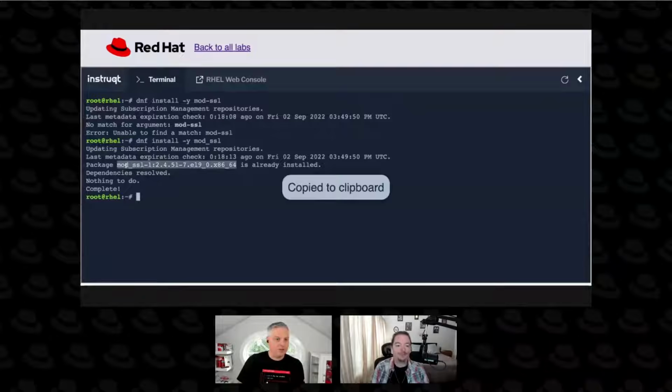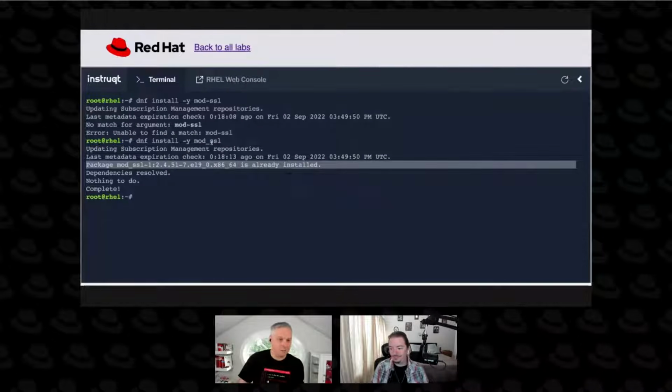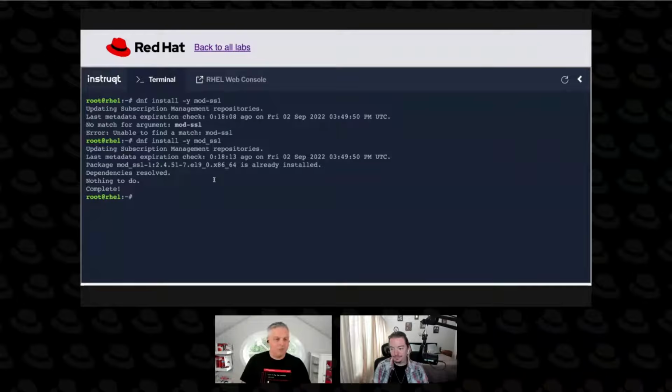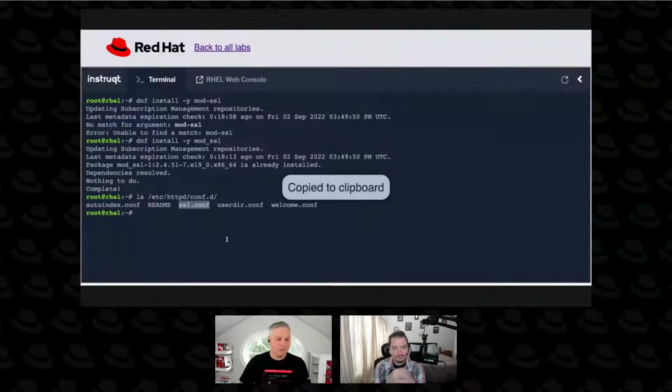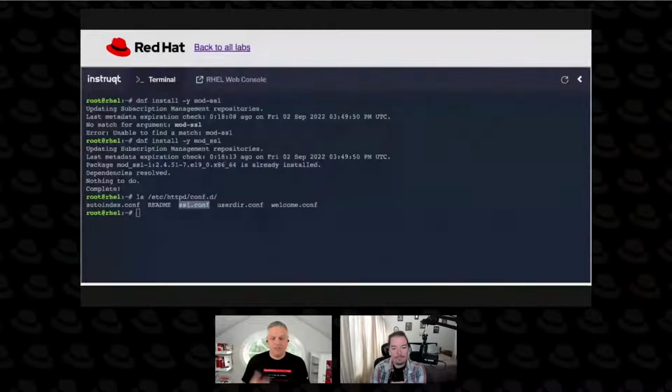There we go. So notice that one has already been installed on this box as well. And you can verify that your Apache configuration can do secure socket layer stuff by looking at the configuration files for Apache. The mod SSL RPM includes this ssl.conf file, and that's what adds all of the basic certificates and directories where we store certificates and all that stuff into our Apache configuration. So if you have the ssl.conf, you got it from the mod SSL RPM, and you should be good to